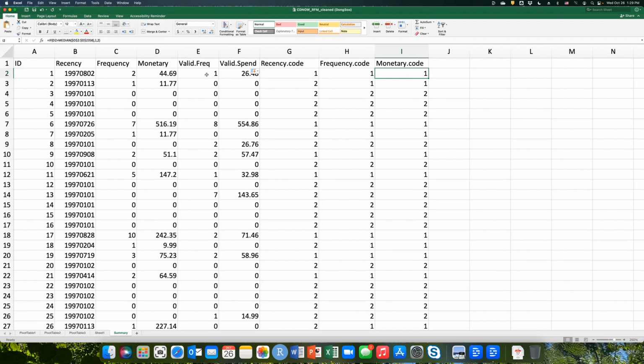If this classification is accurate, then this customer's actual frequency and monetary value during the validation period should be relatively high. To do that, we are going to compute the average of frequency and monetary value in the validation period for each group of customers. The average frequency and the average monetary value in the validation period for the high recency group should be higher than the low recency group